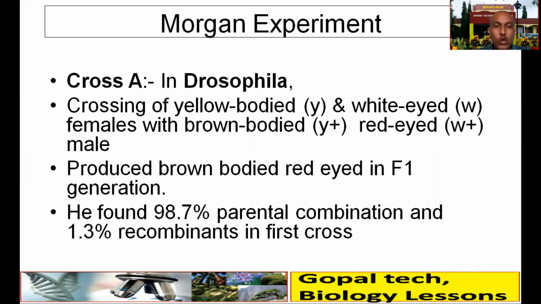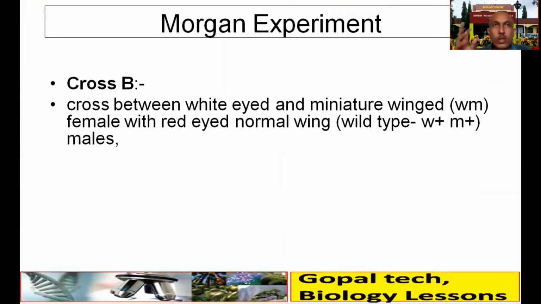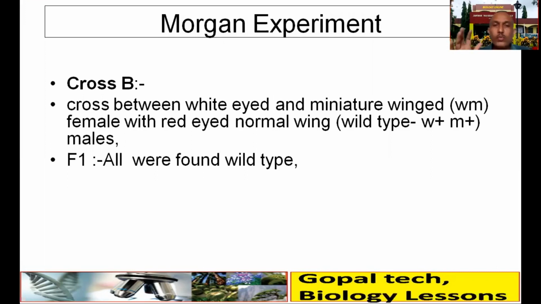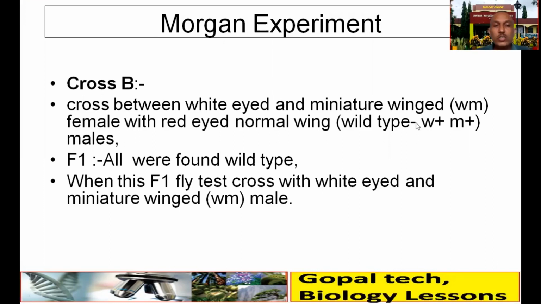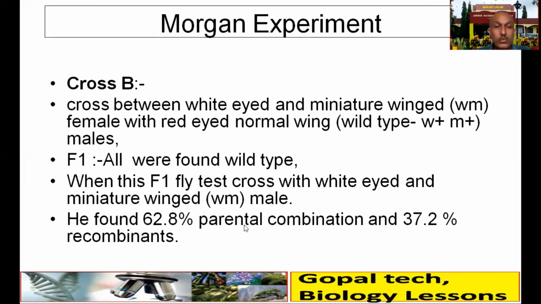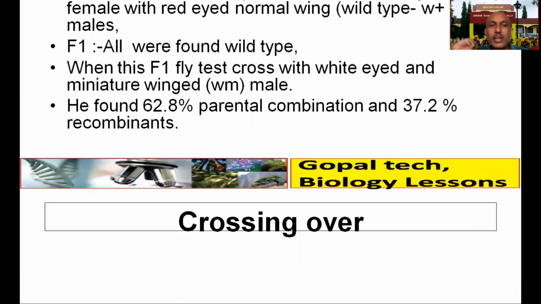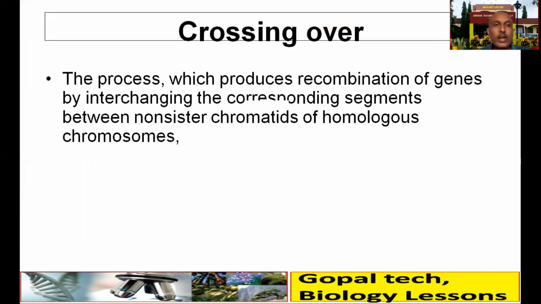Okay, ये पहले क्रॉस। वही दूसरे क्रॉस में क्या मिला? क्रॉस बिटवीन व्हाइट आइड एंड मिनिएचर विंग्ड W, फीमेल विथ रेड आइड नॉर्मल विंग, अगेन कैपिटल। F1 में क्या मिला? ऑल वेर फाउंड व्हाइट टाइप, अगेन लॉ ऑफ डोमिनेंस इधर एप्लीकेबल है। But in F2, so when this F1 fly test cross with a white-eyed miniature winged male, he found 62.8% parental combination and 37.2% recombinant. तो इधर recombinant बढ़ गया क्योंकि दोनों जीन्स अलग-अलग जगह पर हैं।